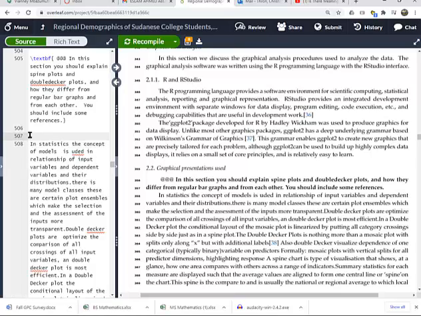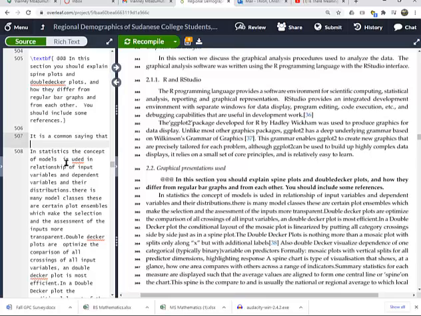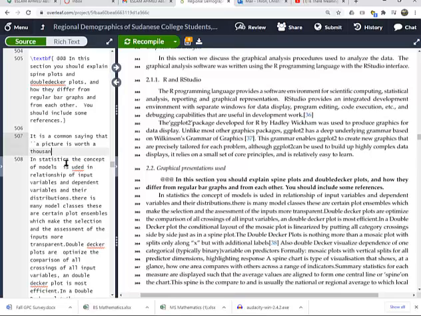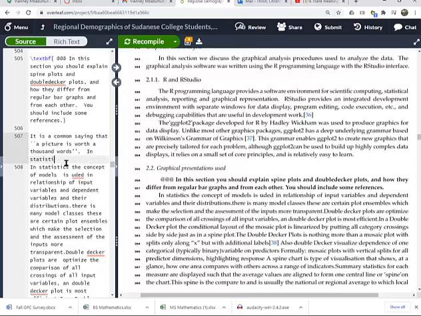I can say, it is a common saying that a picture is worth 1,000 words. In statistics, this saying means that